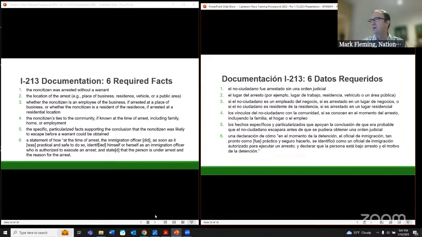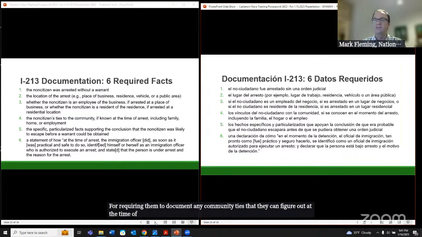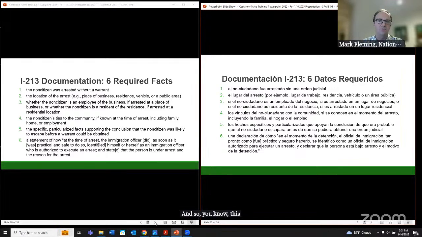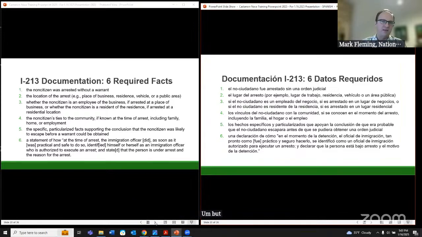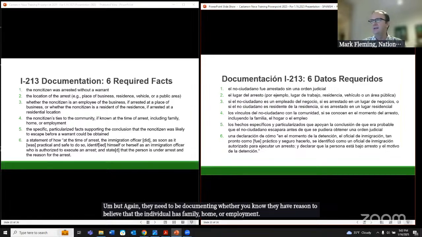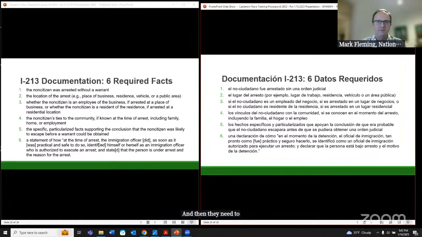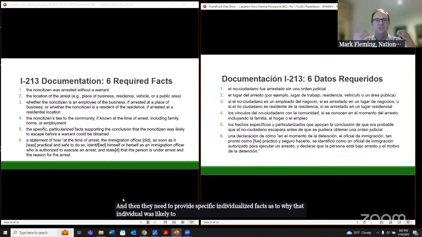Officers are required to document any community ties that they can figure out at the time of arrest. So, this may also require them to ask this sort of questioning. Obviously, we have other guidance about not answering questions, and we can get into that when we get to the hypos. But again, they need to be documenting whether they have reason to believe that the individual has family, home, or employment. And then they need to provide specific individualized facts as to why that individual was likely to escape. It cannot be generalized